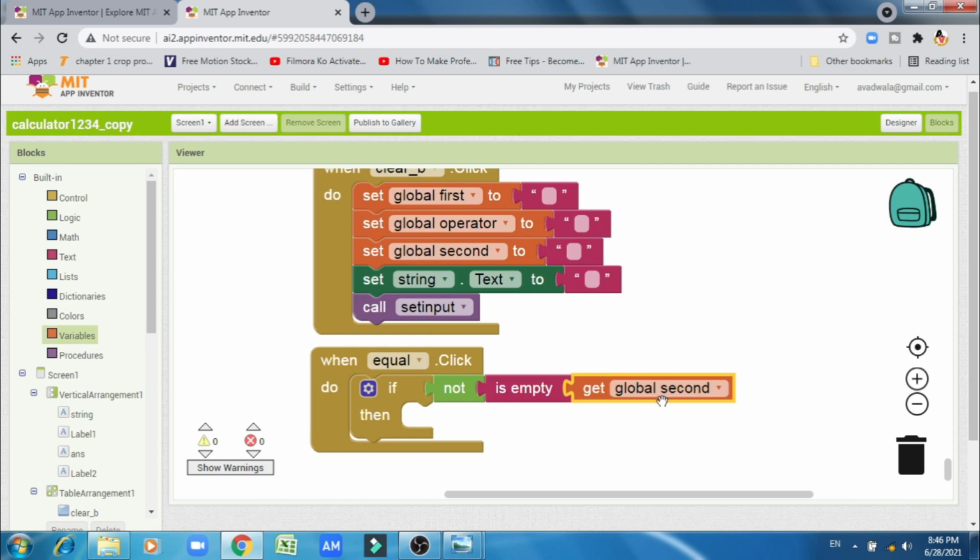global second should not be empty. So before typing global second you cannot press the equal button.